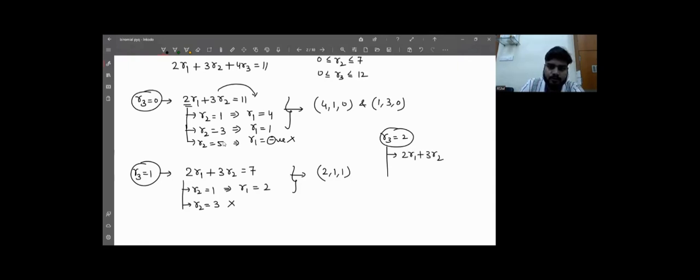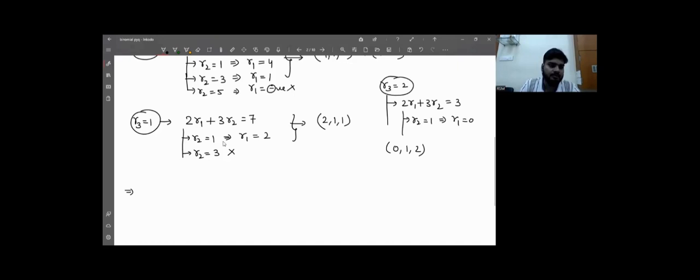नेक्स्ट, अगर नेक्स्ट सिचुएशन की बात करें तो r3 की वैल्यू अगर मैं 2 लेता हूँ तो यहाँ से 2r1 प्लस 3r2 बनेगा 4 2 8, दिस विल बी इक्वल्स टू 3. तो यहाँ से अगर मैं r2 की वैल्यू को 1 लेता हूँ तो r1 अपने पास में 0 आ जाएगा. फर्दर कोई केस अपन को मिलने नहीं वाला है. और इससे आगे वैल्यू अगर अपन बढ़ाएंगे तो वैल्यू नेगेटिव होती जाएगी. 3 लेते हैं तो वो अपने आप में 4r3 12 हो जाएगा, नेगेटिव आने लगेगा, तो पॉसिबल ही नहीं है. 0,1,2. तो we have 4 cases which is r1 r2 r3 is equals to